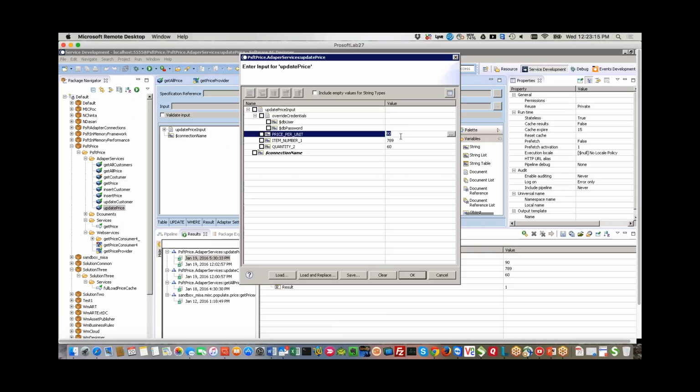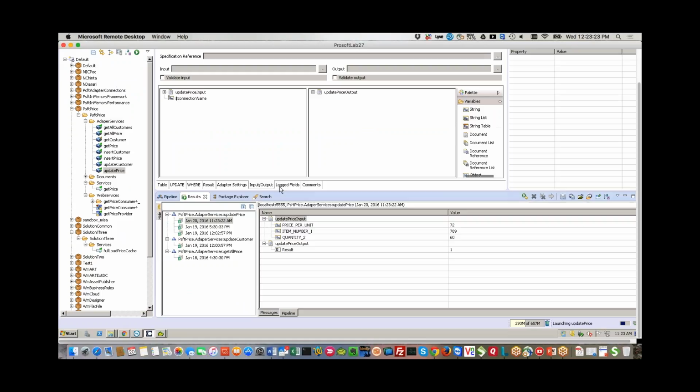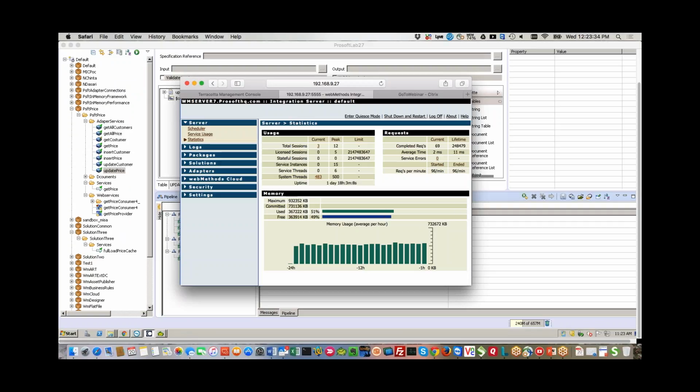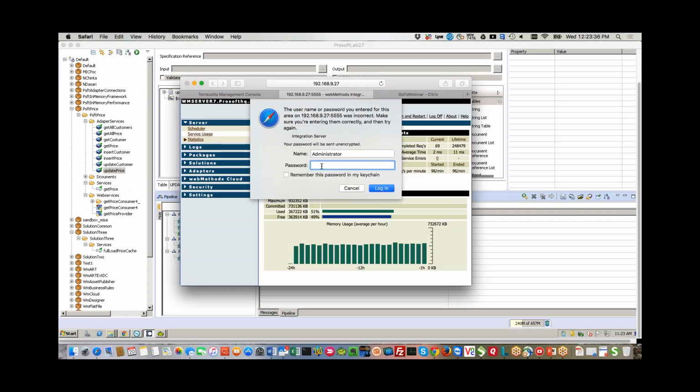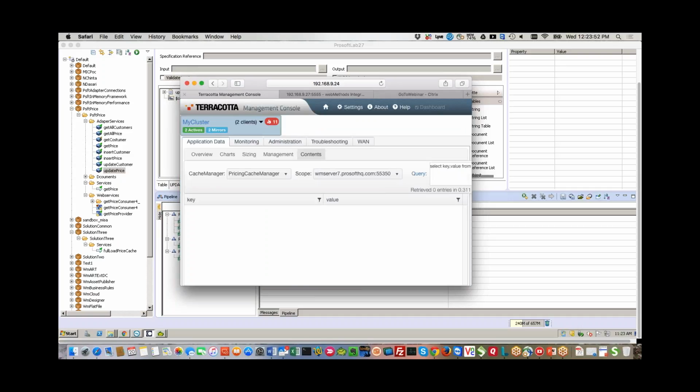I'll change the price per unit from 90 to probably 72. And when I hit this update, this adapter service will update the pricing data in the database. And in the integration server, there is an update service which will update all the data. It will run, and it will fetch all the customer data corresponding to that pricing data that is updated, and it will start